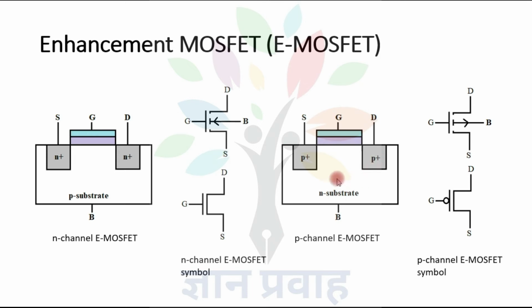The logical symbol for P-channel eMOSFET is given here. Only difference is in the direction of this arrow. And broken line is showing enhancement type MOSFET. Enhancement type MOSFET is widely used as compared to depletion type MOSFET. Generally the logical symbols for enhancement type MOSFETs are simply shown by a 3-terminal device like this. This one is for N-channel eMOSFET, and the logical symbol using 3 terminals for P-channel enhancement type MOSFET is given here. One bubble is shown here. It is simply showing P-channel MOSFET.